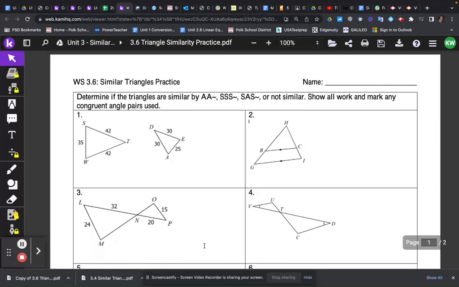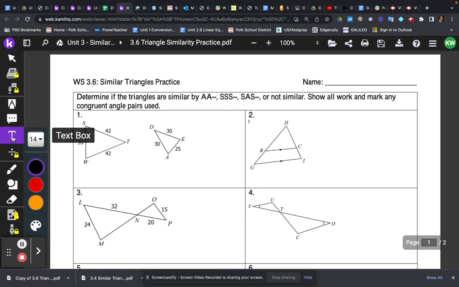Hi guys, in this video we will feature worksheet 3.6, Similar Triangles Practice. Now you were assigned this for homework and I thought maybe I'll give you a little nudge. So our first one, we do see a lot of numbers on triangle